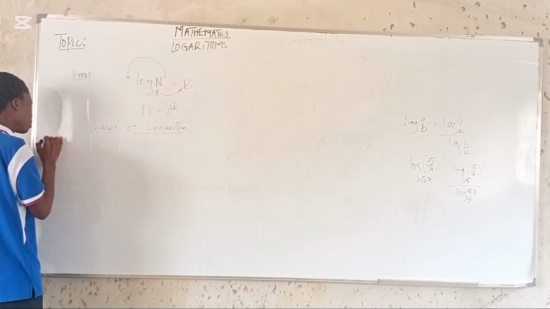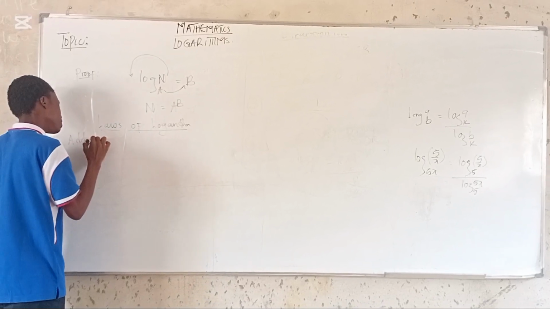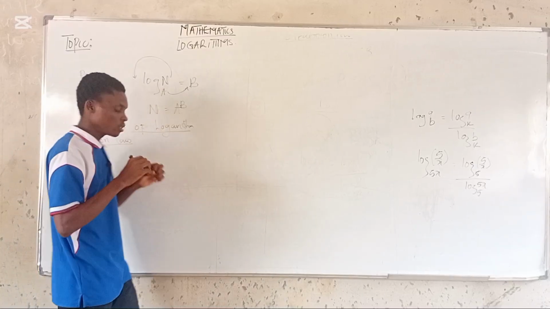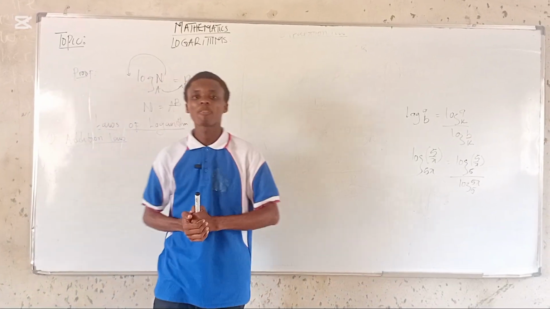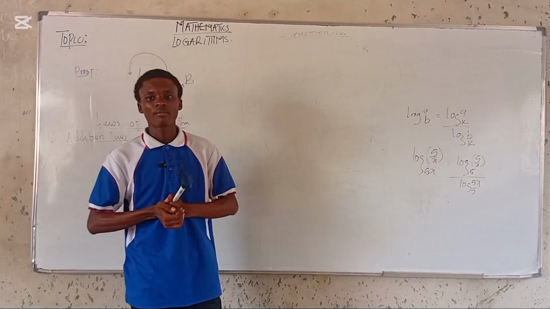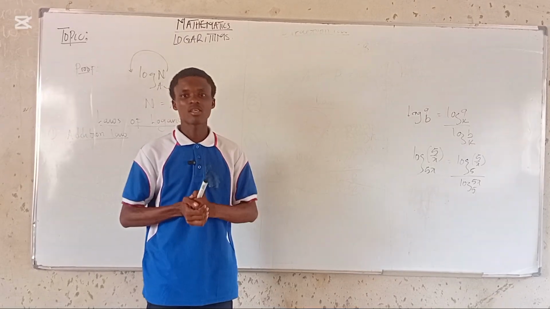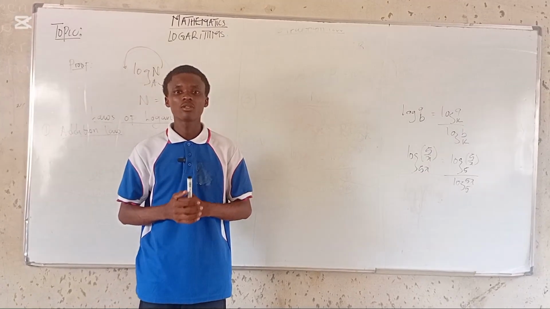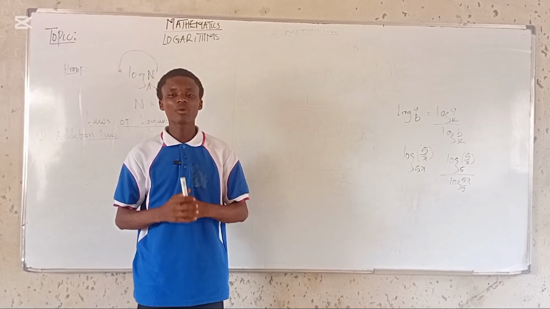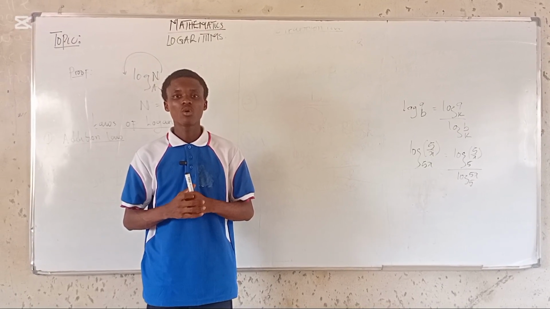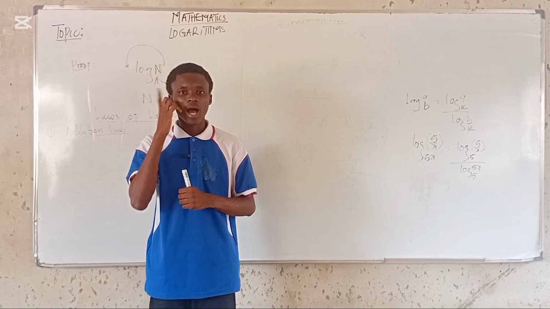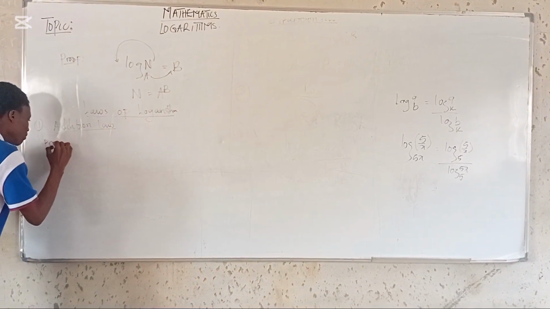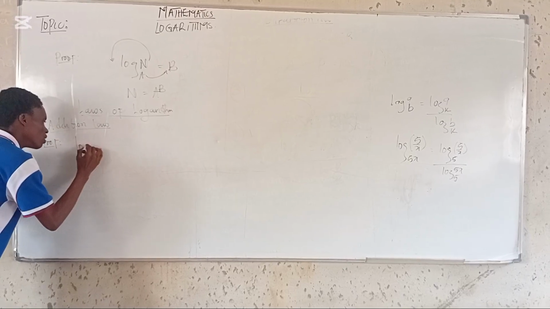We have law one, the addition law. The addition law of logarithm says that whenever we are adding in logarithm and the two bases are the same, we take one of the base and multiply the logs. So all what I'm trying to say is that if we have log a